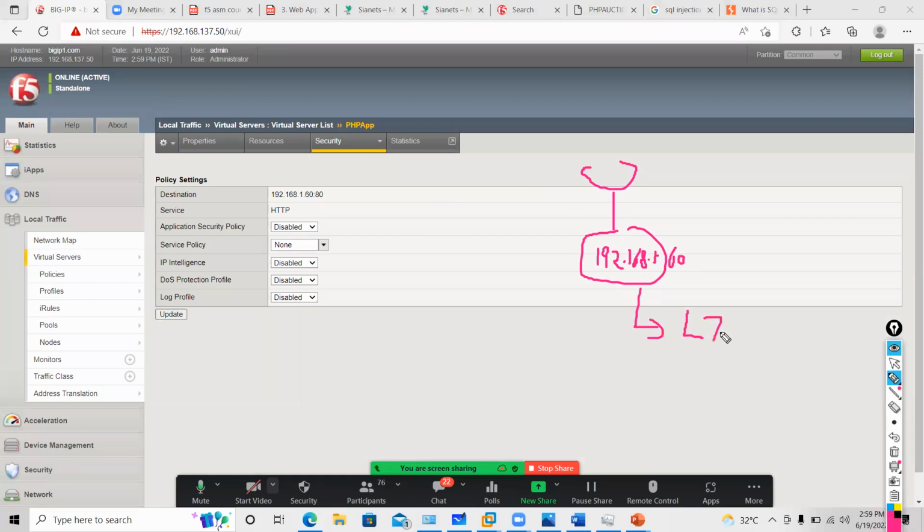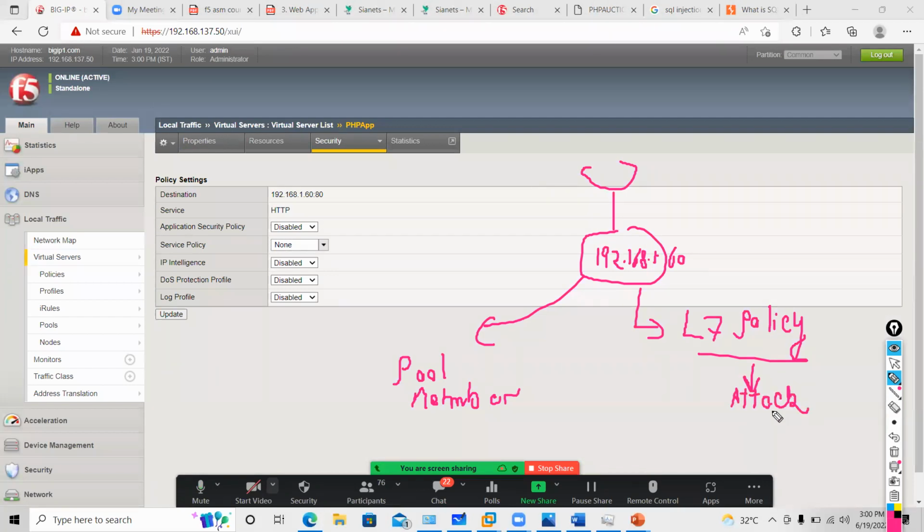Then it will check whether I have a layer 7 policy applied. If it does not have a layer 7 policy applied, it will just forward the traffic to your pool member. But if it has a layer 7 policy, it will check all your attack signatures, and if it finds a legitimate attack, it will block it.